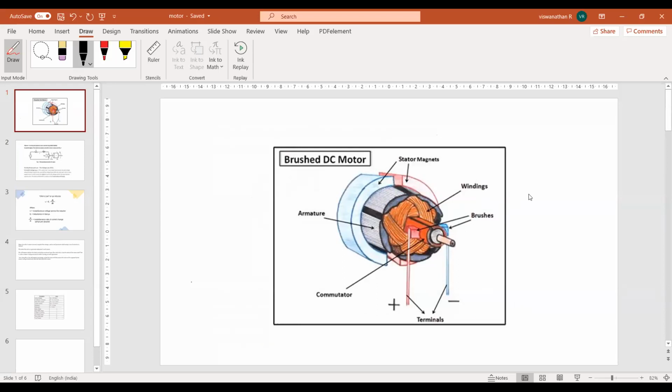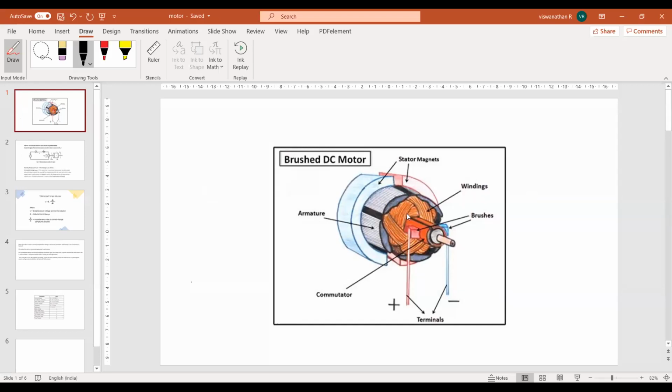If you are not aware of it, or if you have forgotten, there are many YouTube links. I'll give you one of the links which has some animation of the DC motor working, so that you can refer to it. It will be easy to understand if you watch that video than me explaining what is happening, because what I have is only an image. I can't show the rotation here. So it will be better to do it with a video. So I'll not be playing any video, but I'll give a video link later after the class, and then you can look into the working principle of the DC motor.